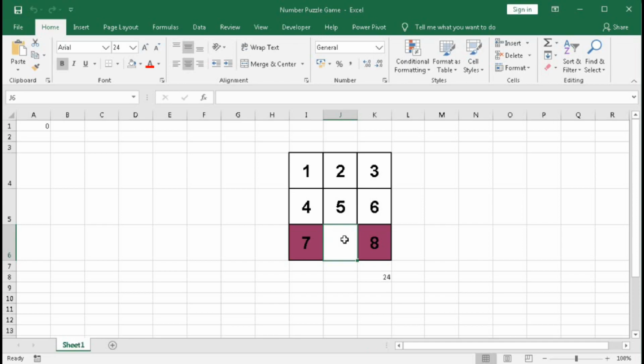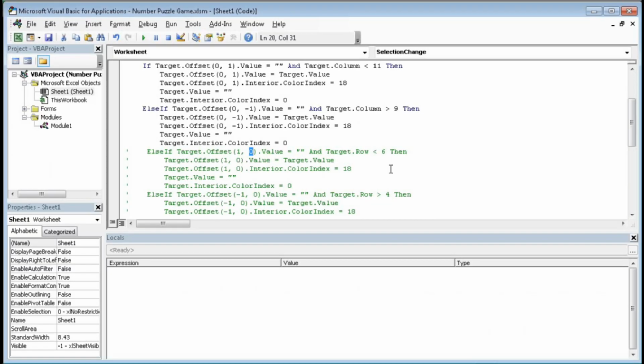If it is blank, it will also check if the row number is less than 6. So you can see here it is shown less than 6. Then if this condition is true, the target.offset(1, 0).value, that means this cell's value, will be the target cell's value.